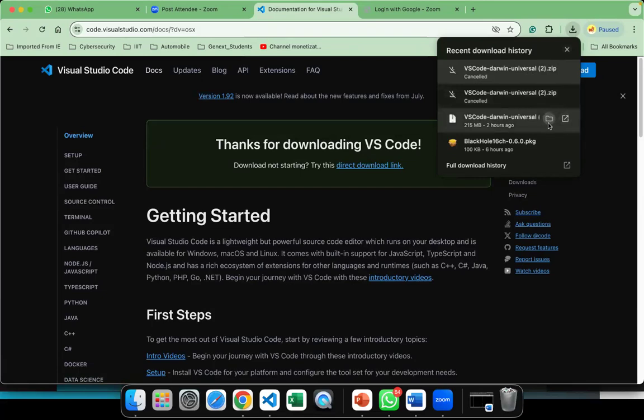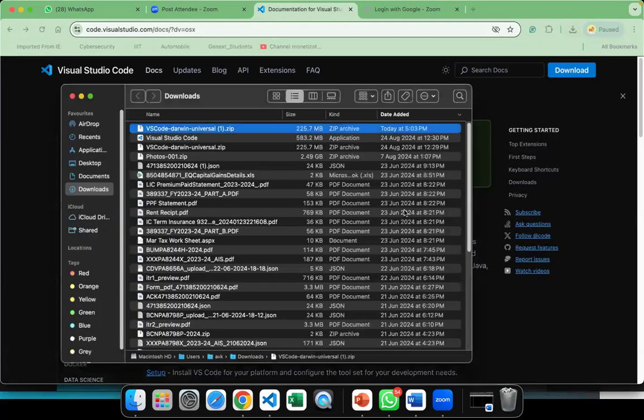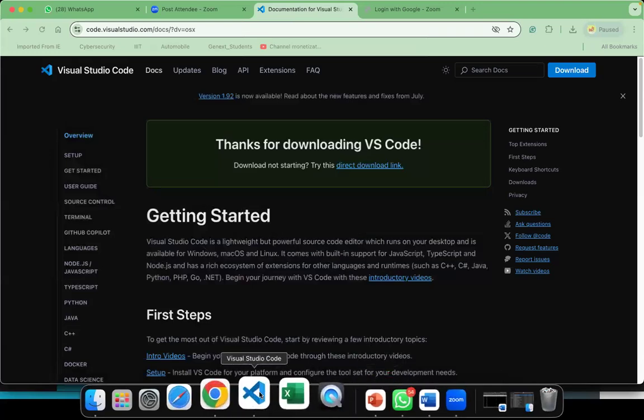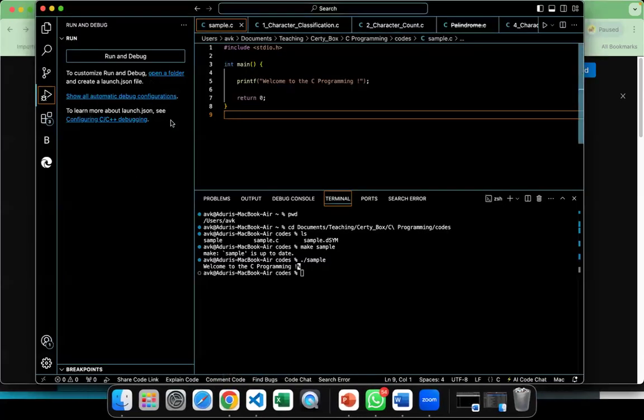Once you download it, you will get it like this. Once you double click on it, you'll get an entity like this. Once you double click on it again, it will ask for some permission, accept it and press continue. Then the download gets installed. Once you install it, it will show like this. Okay. Now, how to run the C program in this? In the first place,